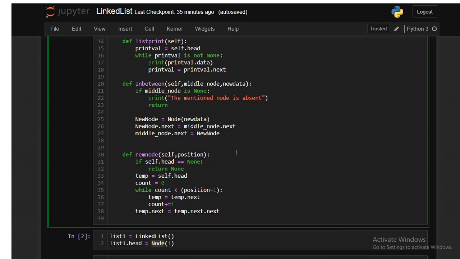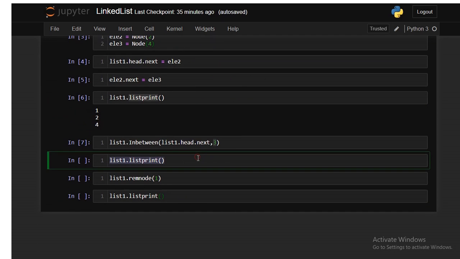The node which we created newly is pointing to node 4, and the node which has value 2 is now pointing to the new node whose value is 3. I have explained this in the board part of this video. Please refer to that first, then only you will understand how a node can be inserted into a linked list. This is quite easy actually, what I am explaining over here.